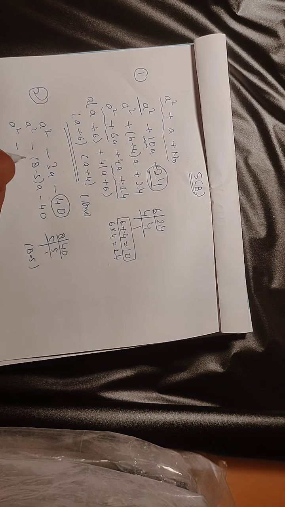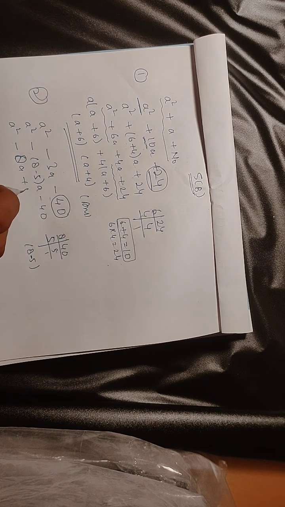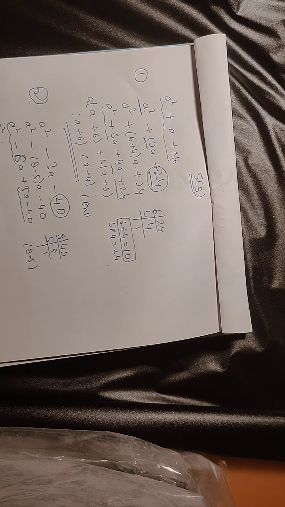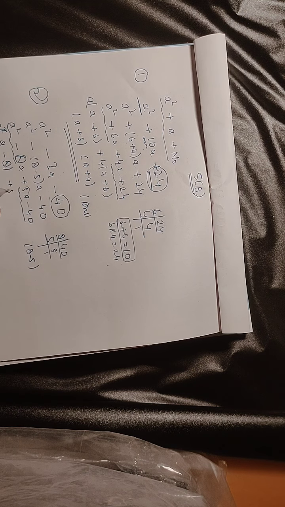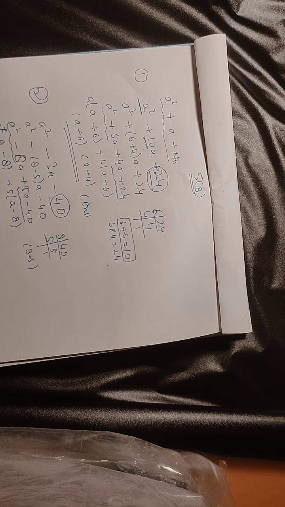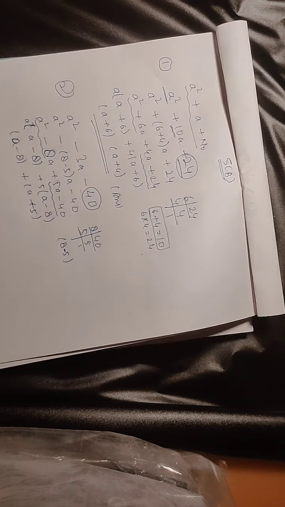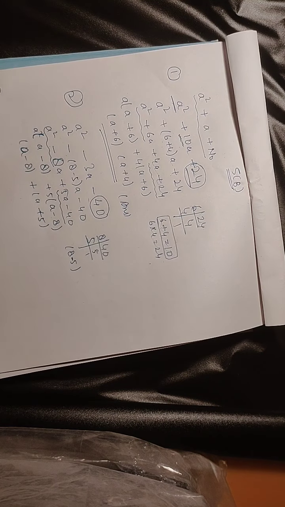Okay, a square minus 8a plus 5a minus 40. Then we can use the grouping method: from a square minus 8a, a is common, so a minus 8, then with 5a minus 40, 5 is common, then a minus 8 is common, and a plus 5 will be the remaining portion. Okay, come to the third question.